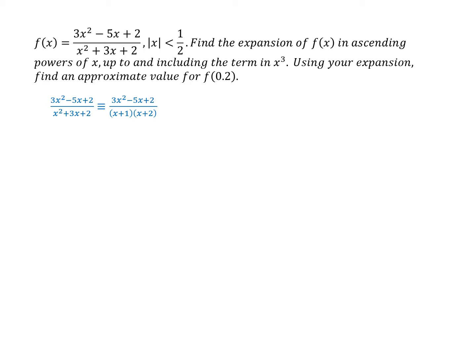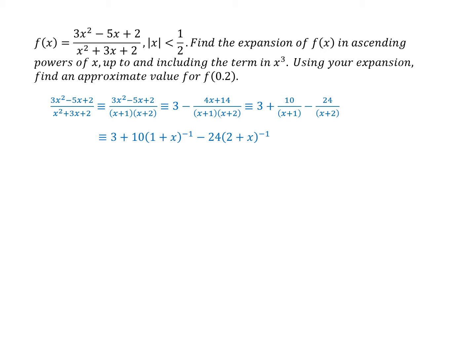So the denominator factorises into x plus 1 times x plus 2. And if we wanted to split that into partial fractions, you could use algebraic division to get that result. Or there's, at the end, a very quick method for getting that, but we'll leave that to the end. And then splitting this part into partial fractions gives us those two there. So we're now in a position to apply the binomial expansion,